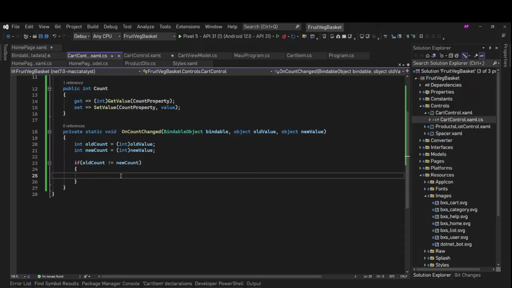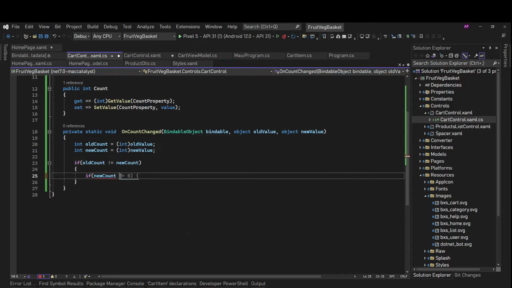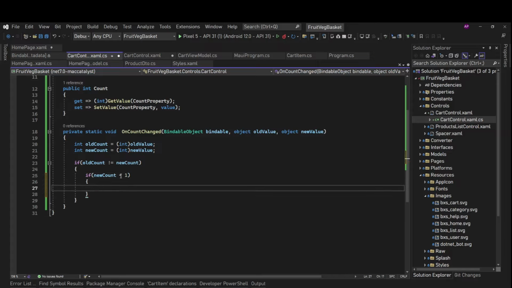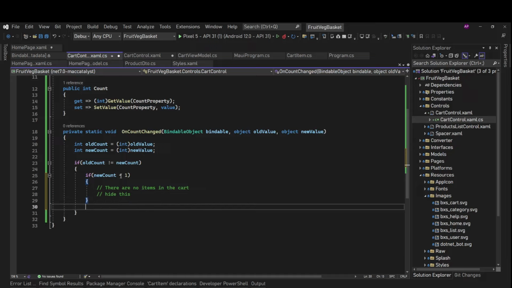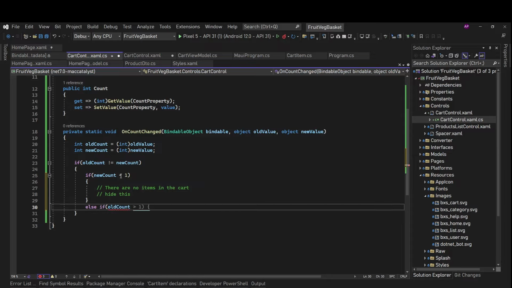Then the logic could be, first we'll check if the new count is less than 1, that means it's 0, and that means there are no items in the cart, so we need to hide this. Then comes the else condition, and else if it says if the old count is less than